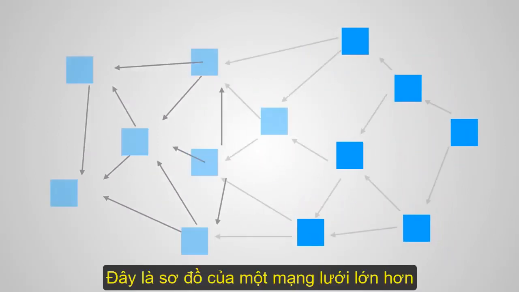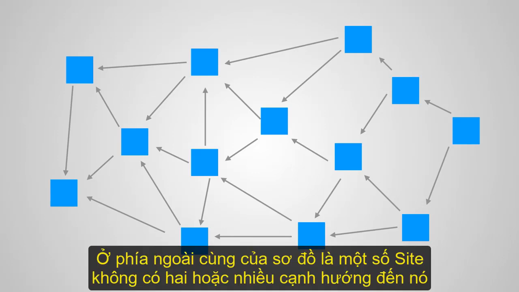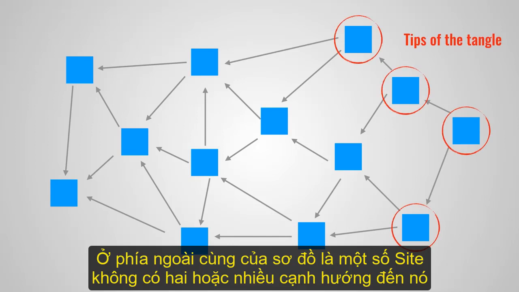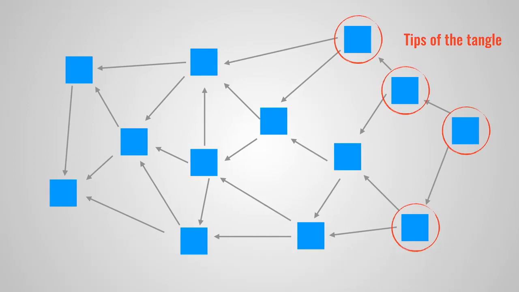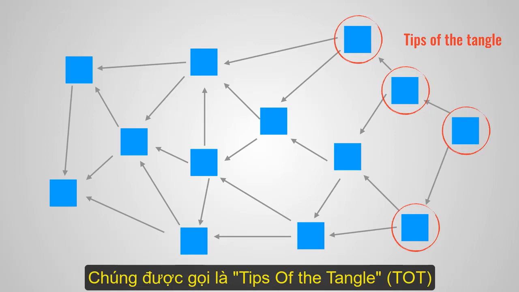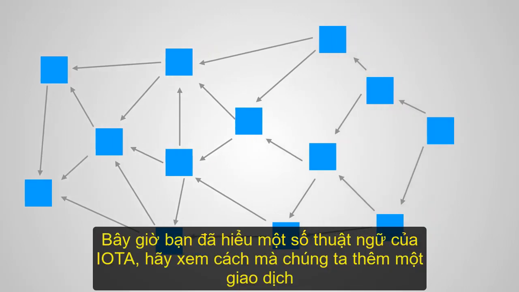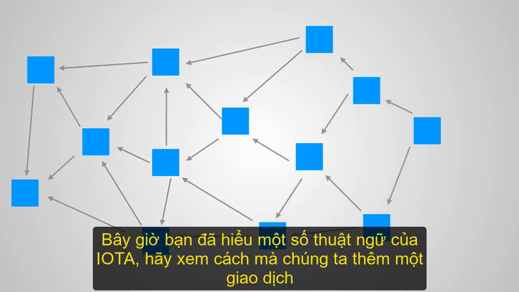Here's an example of a bigger tangle. Near the end of our tangle, we find a few transactions that don't have two or more incoming edges. This means that these transactions are unconfirmed. We also call these the tips of the tangle. Alright, now that we understand some of the IOTA terminology, let's take a look at how we can add a